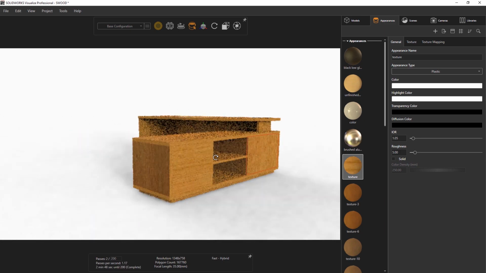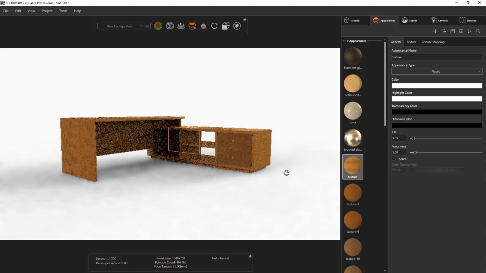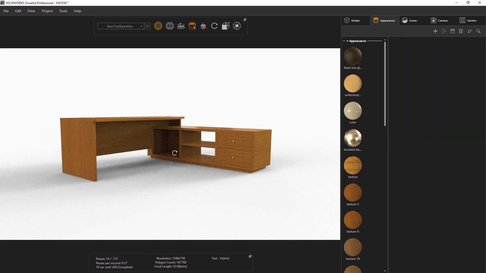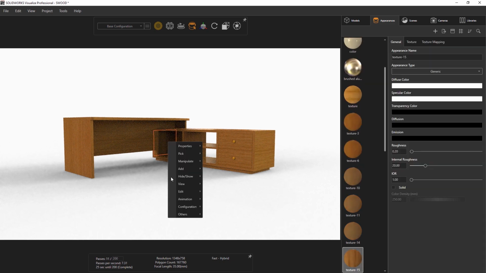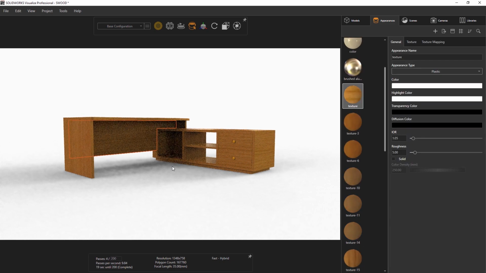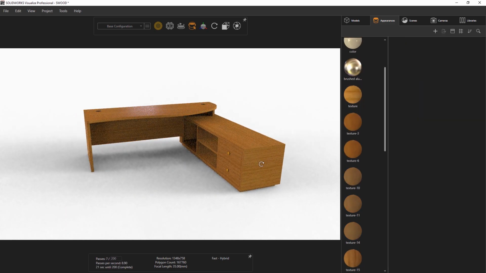I will then copy and paste this onto any of the other panels that haven't got the updated appearance, using Shift left click to copy and Shift right click to paste. The reason why these weren't included in the main appearance was that they must have had a tiny difference in their SOLIDWORKS appearance settings.